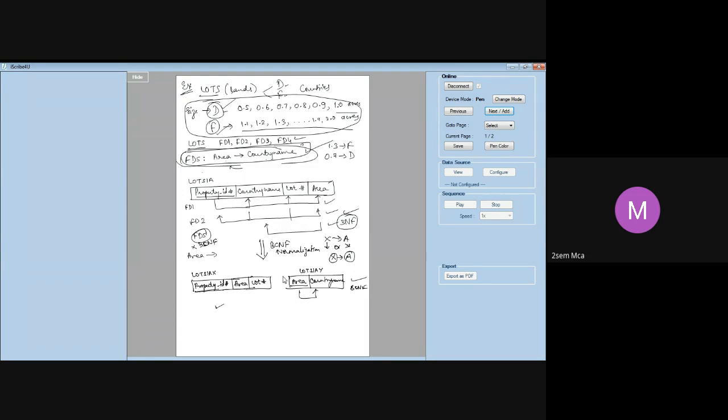So let me summarize this example. So I took one example, this lots example. Lots are nothing but lands. Okay. So there are a lot of lands. Let's say there are thousands of lands in the country. But all the lands are only in two of these states, D and F. When I take the state D, all the lands are in the size 0.5 to 1. Whereas all the lands of the state F are ranging from 1 to 2 acres.